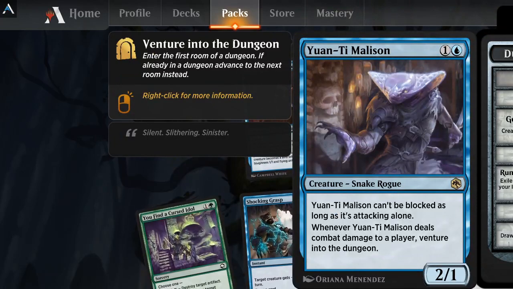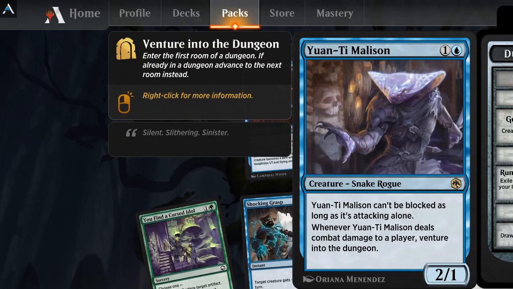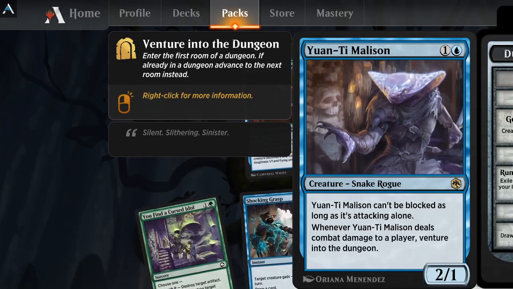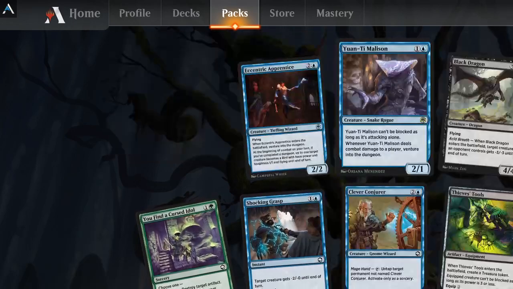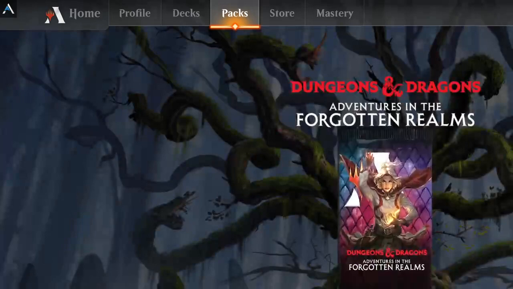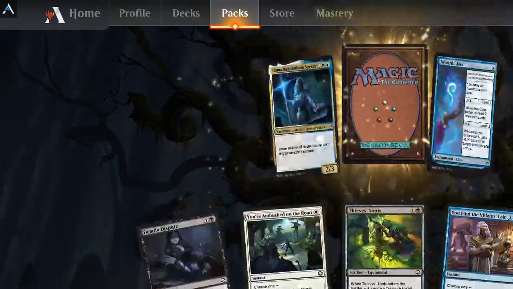The Malison. Okay, can't be blocked as long as it's attacking alone. And when it deals combat damage, you get to venture. So that one is very interesting and could be useful in so many combos. Especially if you're just doing sincere venturing, which I think that was that one draft I did